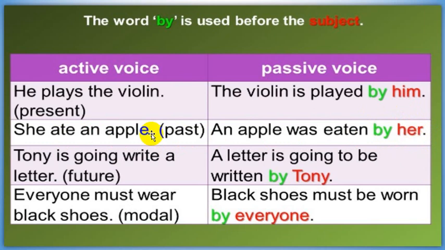Okay. بينما بالأسماء يبقى الموضوع نفسه. Tony is going to write a letter. A letter is going to be written by Tony, نفس الاسم. والضمائر هنا التراكيب. Everyone must wear black shoes. Black shoes must be worn by everyone. Okay, تبقى هاي التراكيب. بس الضمائر ينتبه واحد انه يبدلها. Now,